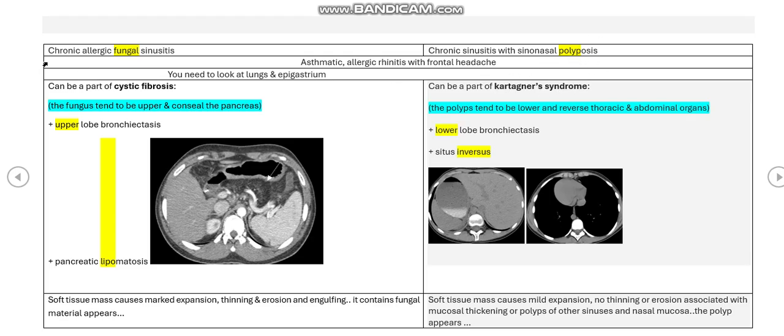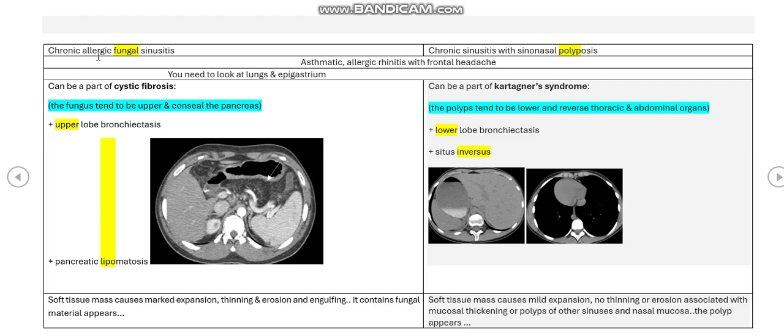So once you detect complete obliteration of the paranasal sinuses, you need to look at two things. You need to look at the lungs and the epigastric area. Okay, why do you need to look at the lungs? Because if you see upper lobe bronchiectasis, this is mostly cystic fibrosis,